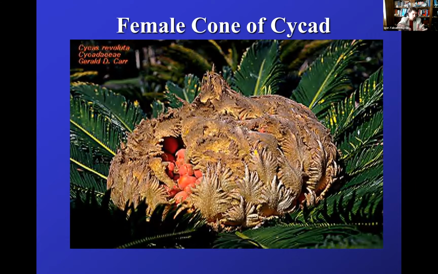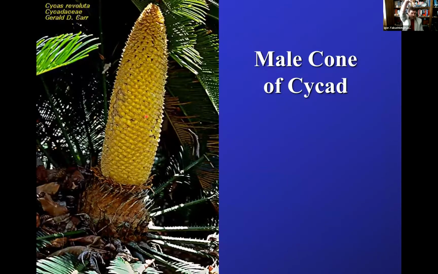It will have a cone-looking structure. It has tiny little leafy parts, which protect the orange, relatively large seeds. And these are the actual seeds. So that's a female cone. A male cone, on the other hand, will be kind of elongated, relatively large, about 20 or so inches long, and it will produce a lot of